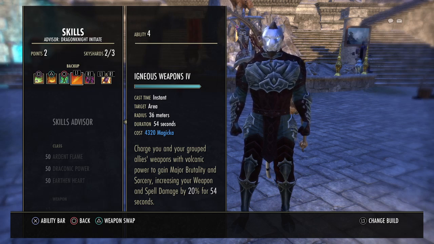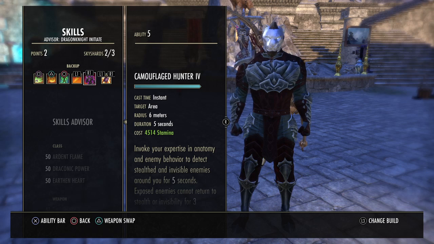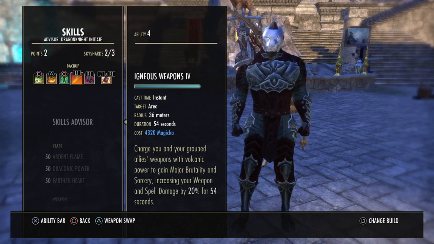This basically allows us not to have to use weapon power pots, because we get Major Savagery here, and we get Major Sorcery and Major Brutality here. I also like running this because when you get in them groups and you've got an under 50 character, or someone who's CP 100, 200, 300, they might not have Major Sorcery in general. So this right here will make sure that they have that Major Brutality or Major Sorcery,